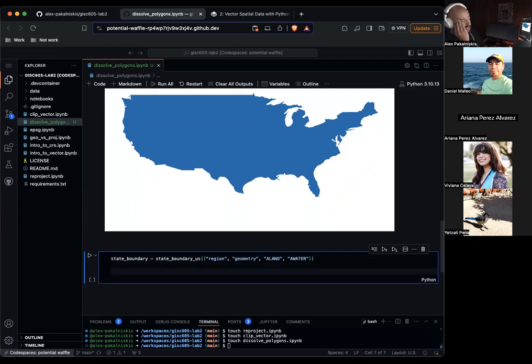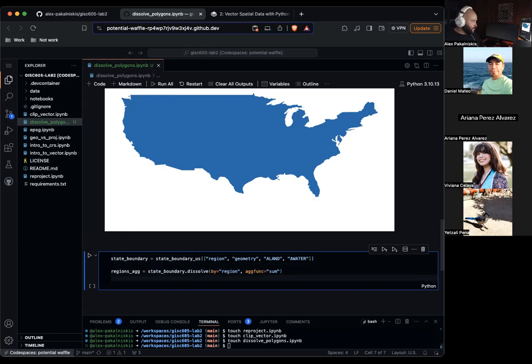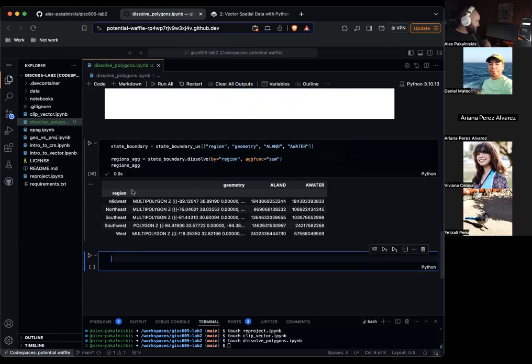So we'll get the sum of land and sum of water across these regions. regions_agg equals state boundary dot dissolve by equals region, aggfunc is sum. Now let's get regions_agg. So you can see we now have the data set in 5 records instead of all 50, because there are 5 regions of this country in this data set.